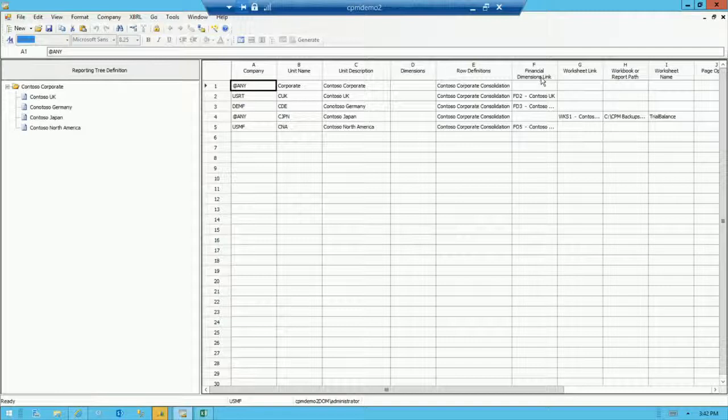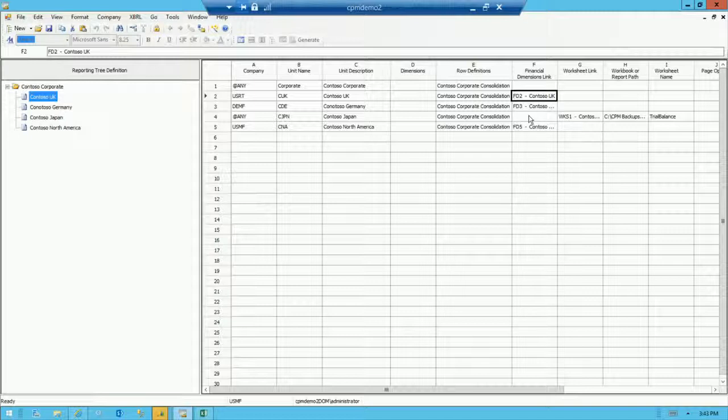So columns F, G, H, and I are the next things that I need to focus on. For my companies that are in AX, I want to choose the appropriate financial dimensions column. So you can see in the financial dimensions link for UK, I have the appropriate link defined, and it knows when I actually open up the drop down here to only include the financial dimension links here. Okay, and so that's where naming it is kind of handy, so that you know that FD2 is actually for UK and so on. But you'll notice that on line 4 here, there isn't anything in the financial dimensions link,